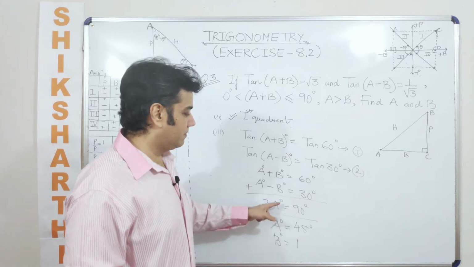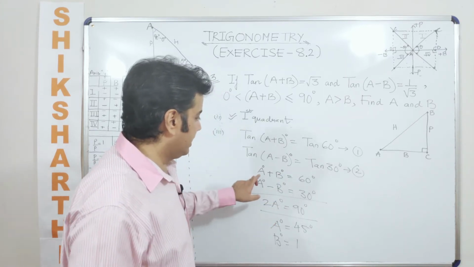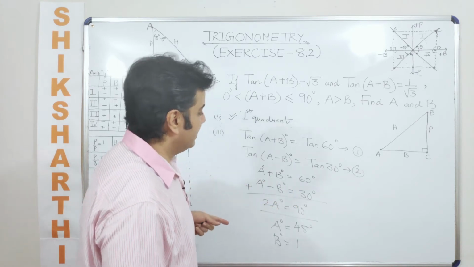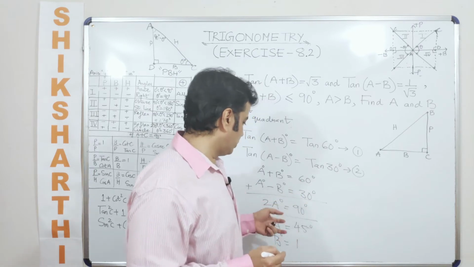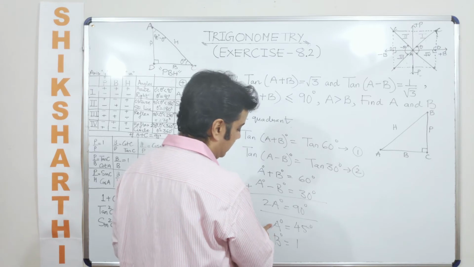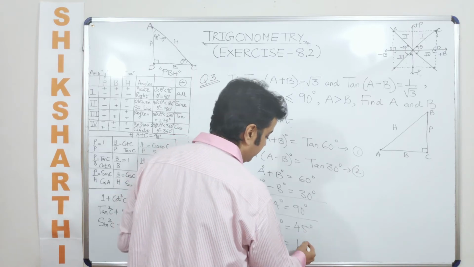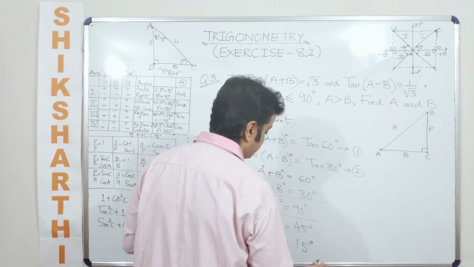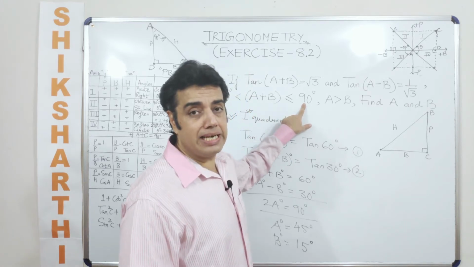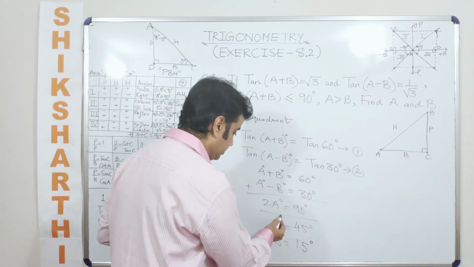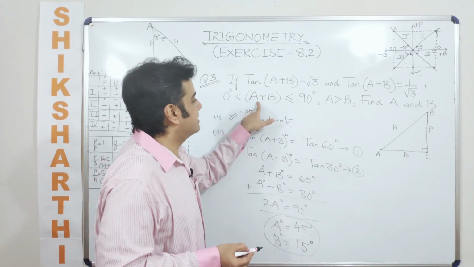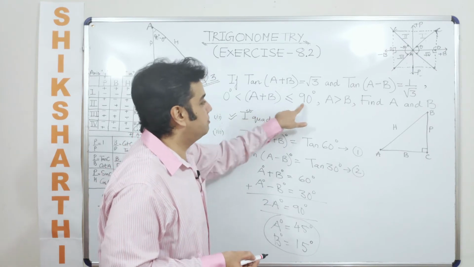Have I added it correctly here? Because A plus B should be equal to 60 degrees here. But now when I am getting this, am I sure what I am doing basically? Let's see. So here we are saying that A we are getting as 45 degrees and B we are getting as 15 degrees. But when we add this, we are getting an angle which is lesser than 90 degrees. So is this possible? Of course this is possible, because it said that the maximum measure of A plus B should be equal to